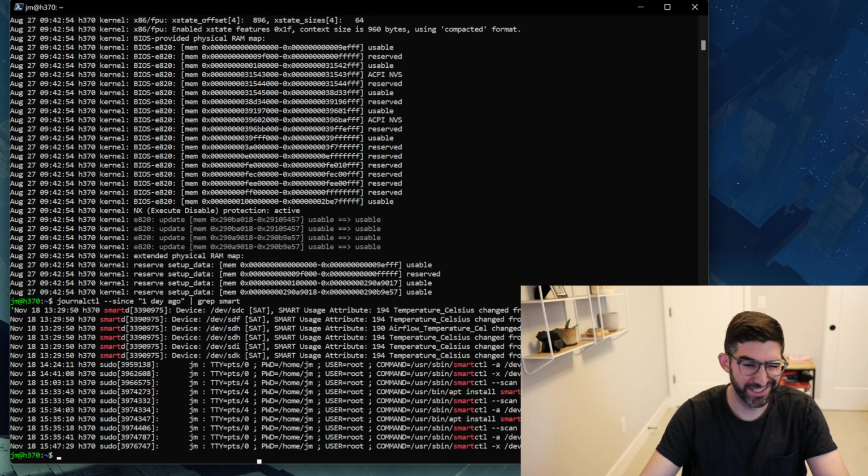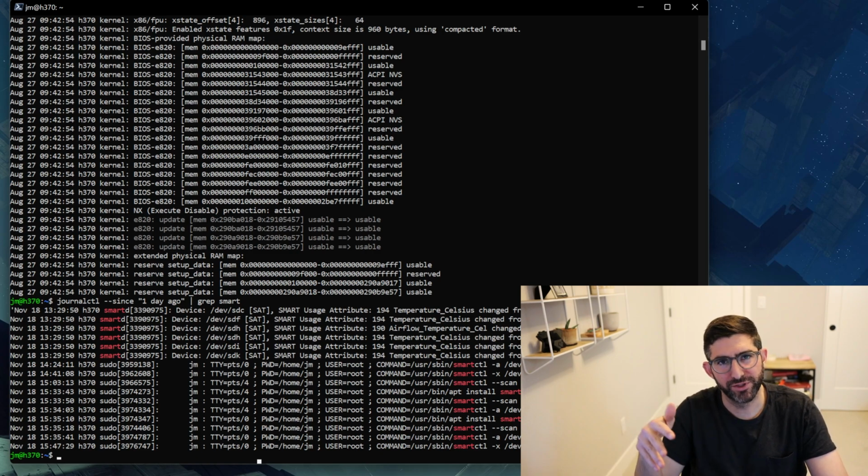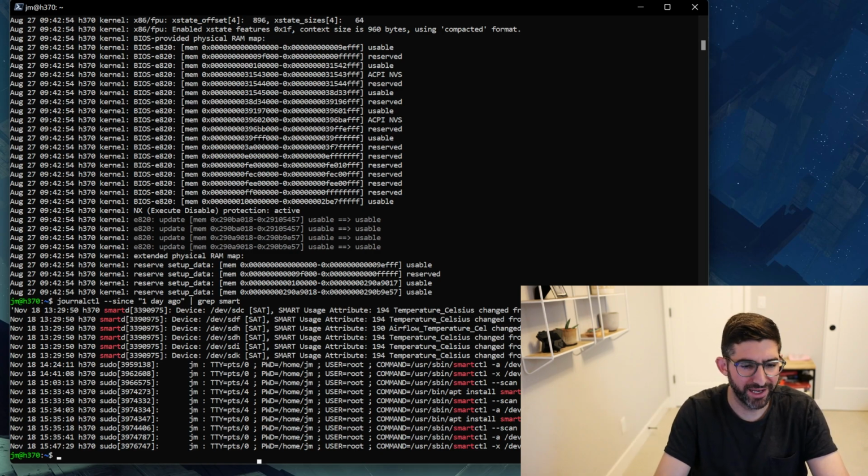You can actually change it if you want to report in Celsius. These are the normalized, 0 to 100, which I think is kind of stupid, but I haven't messed with it as much yet. And so by default, smartd does a smart log dump every 30 minutes. That's bad. Let me show you where, if you edit the, I think it's slash, let's see,